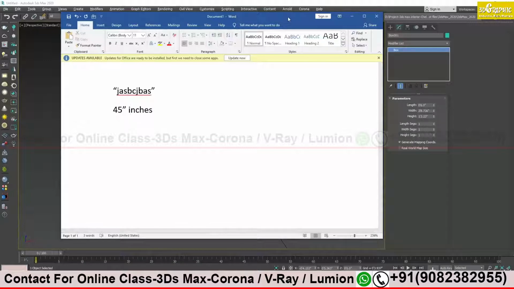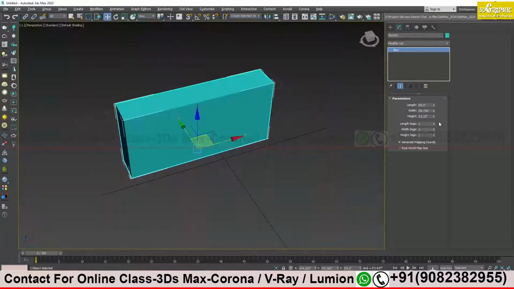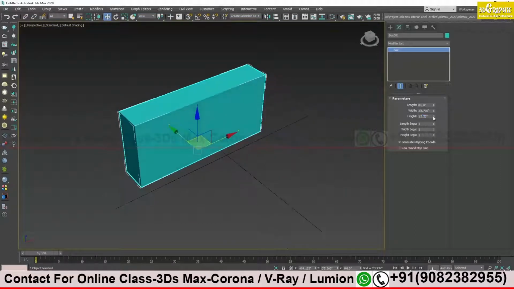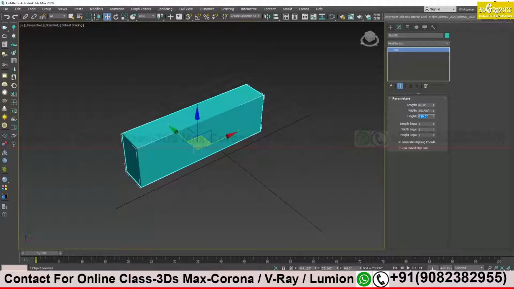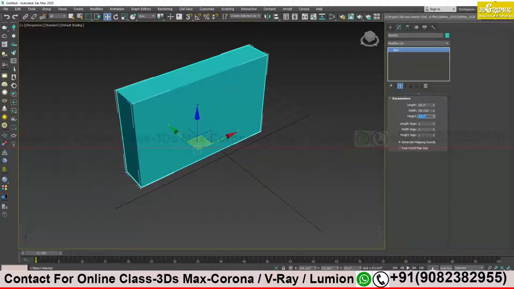So in 3ds Max also it works like that only. Just click on the height if you want it. Suppose I want it to be 10 inches, it is like that. If I want 20 inches, just type 20 and then inverted commas. With the help of the shift key you can just click like this. Now it is 20 inches. Clear so far? Same thing goes with centimeter.